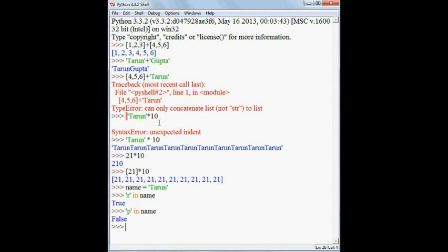Another thing you can do is take an entire sequence with elements. Let's go ahead and create a sequence, say cricket.